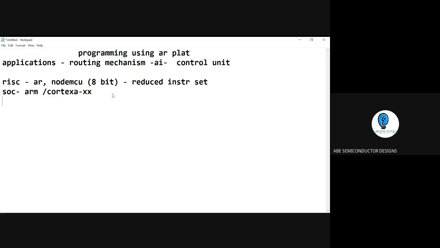So RISC. The second thing is that since it is based on the instructions, or instruction-driven architecture, every instruction will take only a single cycle. It will take only single cycle instructions, and you don't have multiple cycles. So the speed is fast.